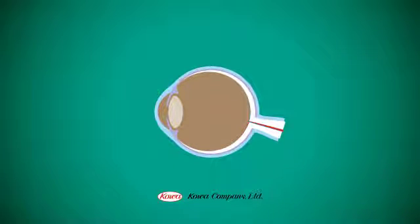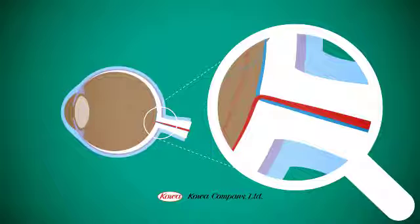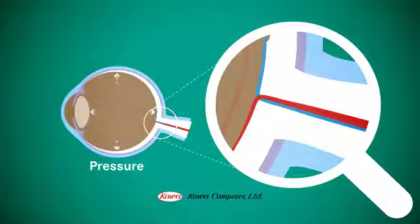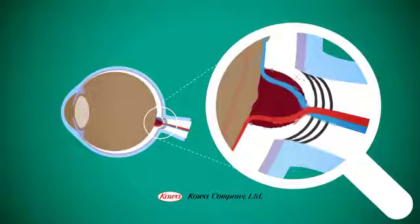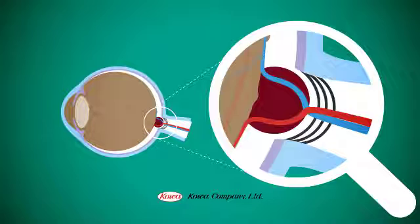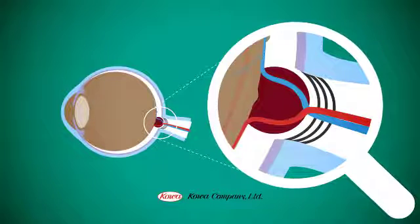This group of ocular disorders is characterized by progressive loss of axons in the optic nerve, accompanied by visual field damage. In most cases, damage to the optic nerve is due to irregular intraocular pressure, and patients may not present any symptoms until a very advanced stage. As a result, it is vitally important to start therapy as early as possible and control the progression of the